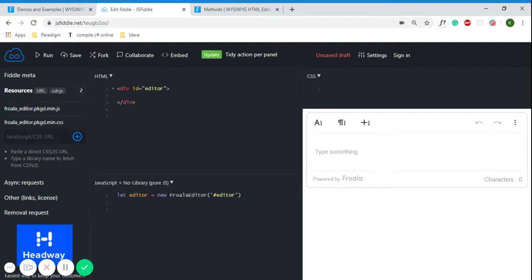Today in this video I am going to walk you through how you can make use of the underline method in Froala editor. So as you can see, I have opened JSFiddle on my desktop, and these are the files for JS and CSS, and now I'm going to paste the custom HTML button